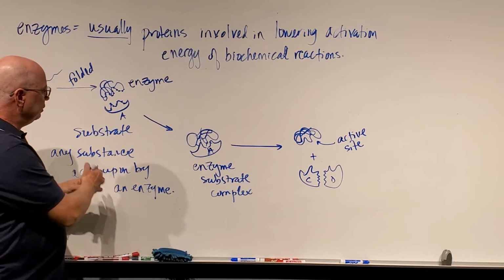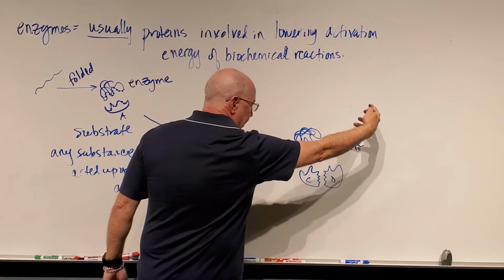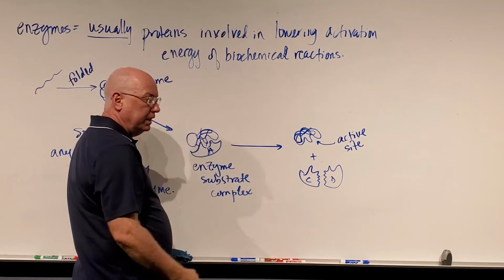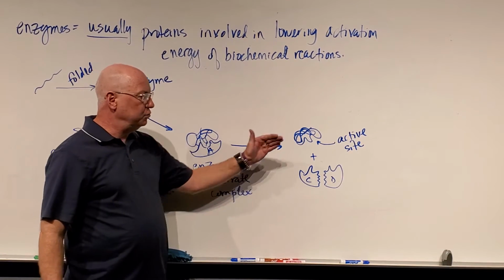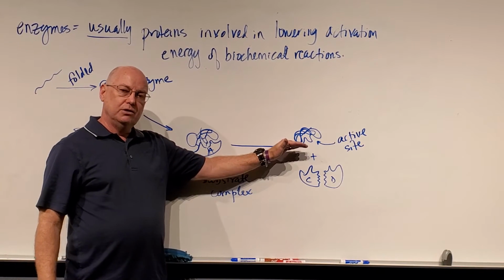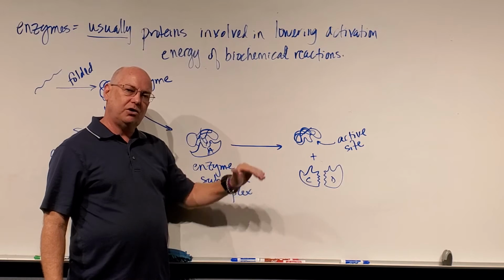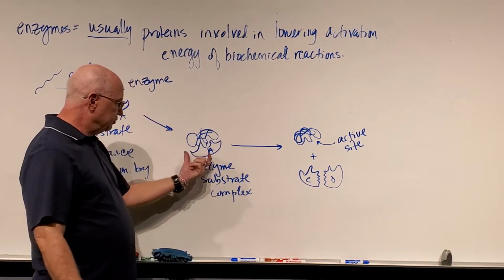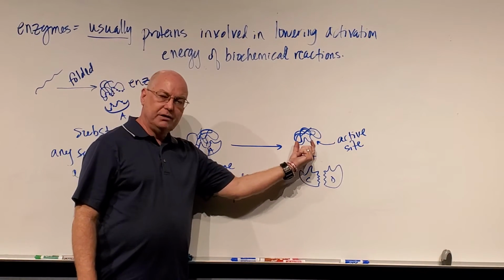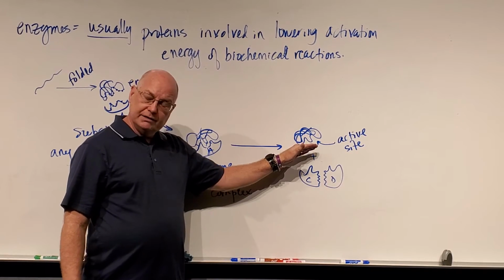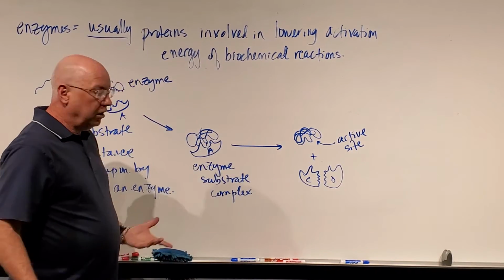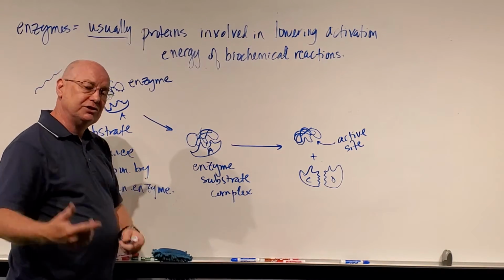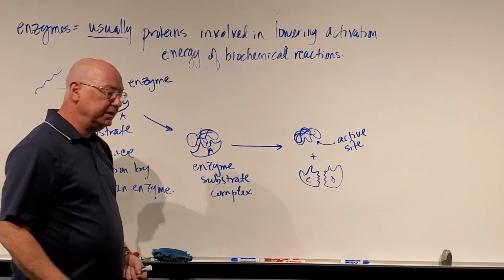And if another molecule of A came along here and bound to the active site, it won't bind anywhere else. It binds to the active site. The active site is the region on the enzyme where the enzyme activity occurs, or where the substrate would bind. Okay? Also, if I were going to do a synthesis reaction, it might be a different enzyme, but let's say